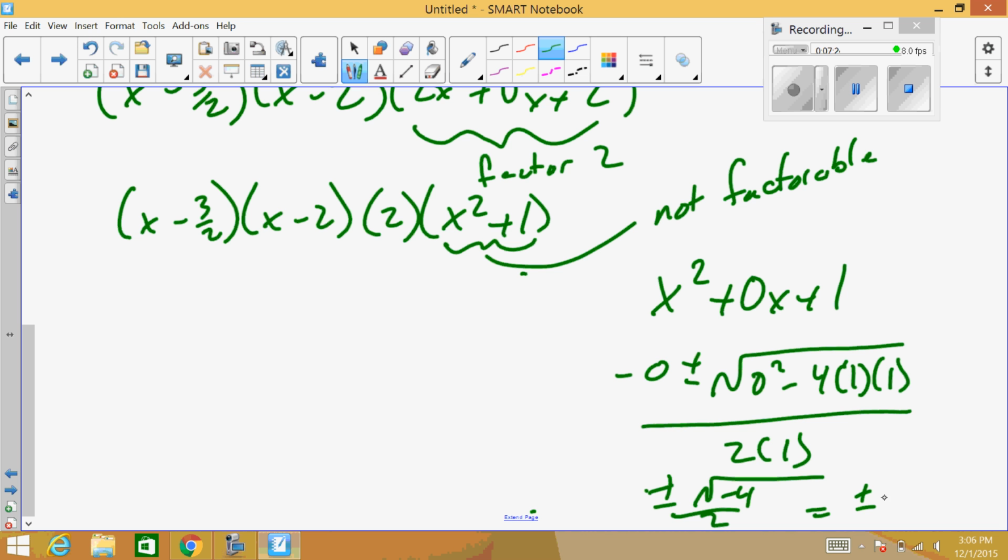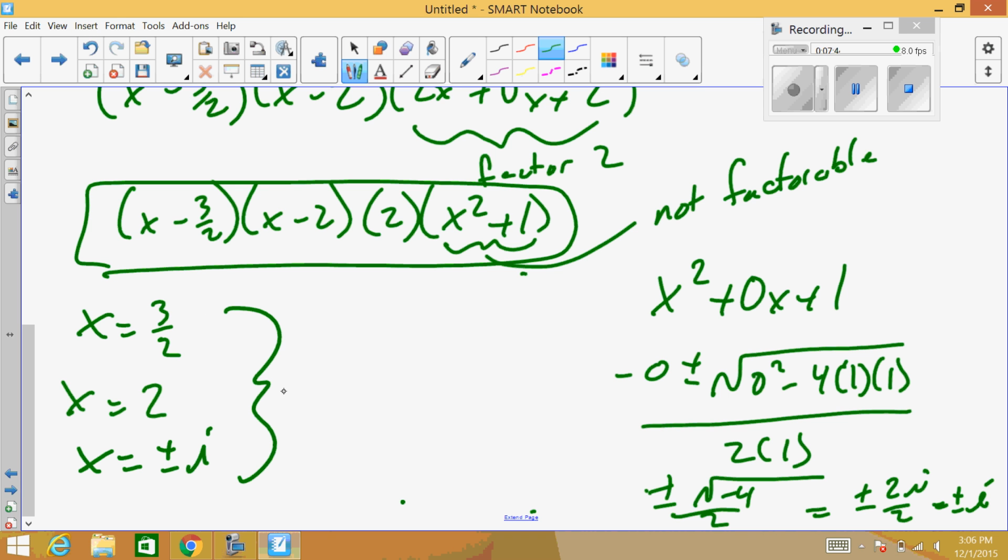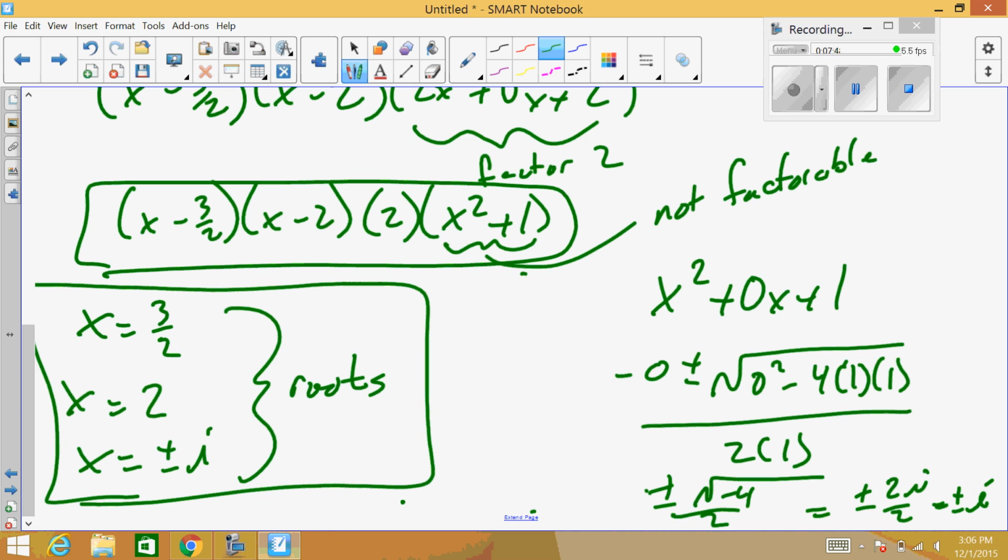Now why do we bother creating this list? What's the theorem tell us? These are the only numbers that can be rational roots for this polynomial. Before, we had no way to factor this. We could have just sat here and guessed and checked all day long. We had no direction. Now we know a certain number